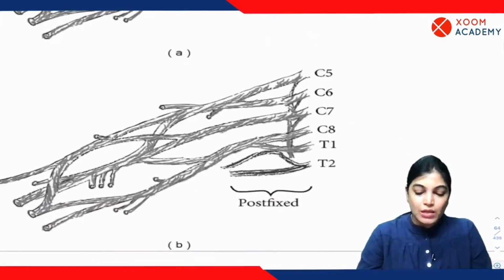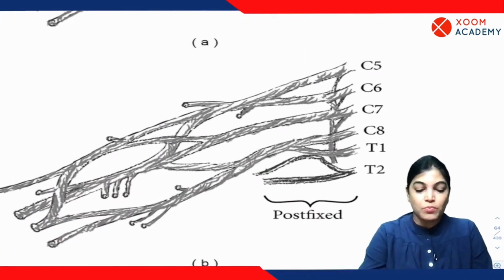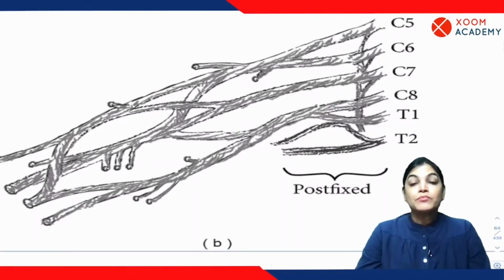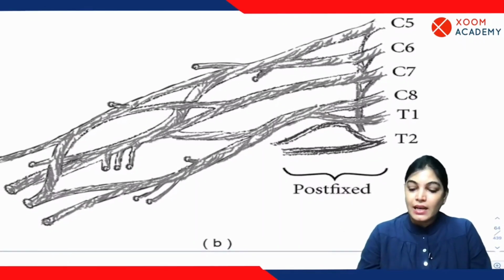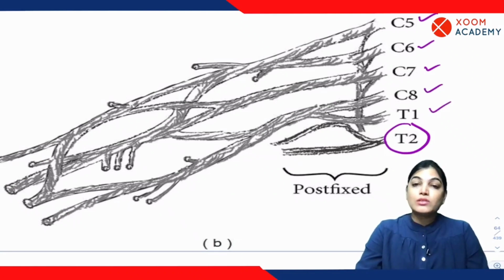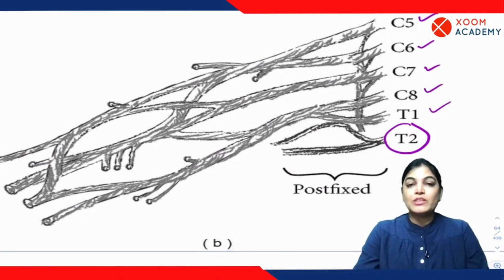Now let me show you the other image where you can see the postfixed brachial plexus. When you see this image, that is the postfixed brachial plexus, you can see here that the formation of brachial plexus is taking contribution from T2 also, along with C5, C6, C7, C8. So this kind of brachial plexus formation is called as